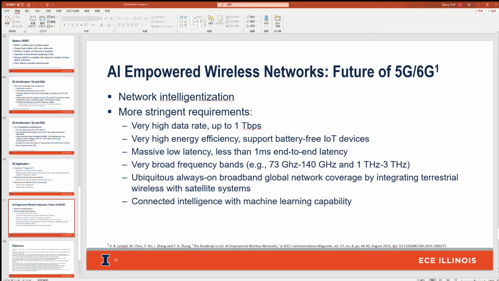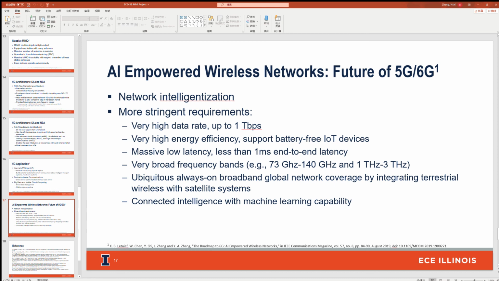So while 5G is being deployed around the world, efforts from industry and academia have started to look beyond 5G and conceptualize 6G. We envision 6G to undergo an unprecedented transformation that will make it substantially different from the previous generation of wireless cellular systems. In particular, 6G will go beyond mobile internet and will be required to support ubiquitous AI services from the core to the end device of the network. Meanwhile, AI will play a critical role in designing and optimizing 6G architectures, protocols, and operators.